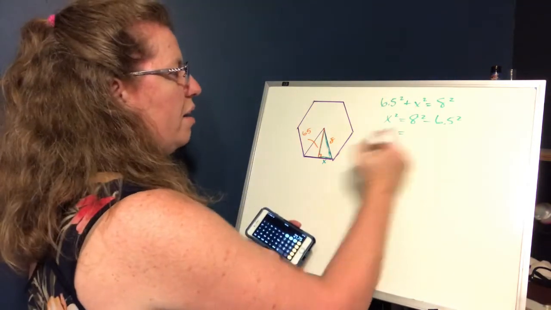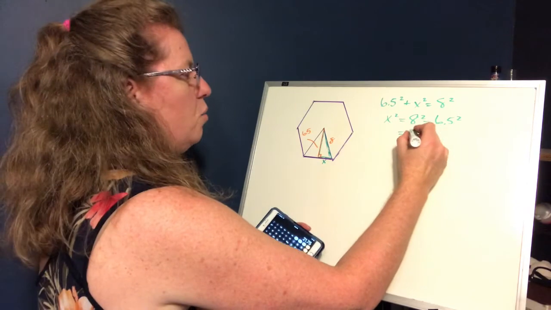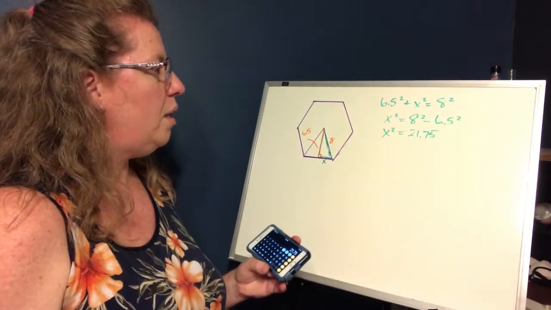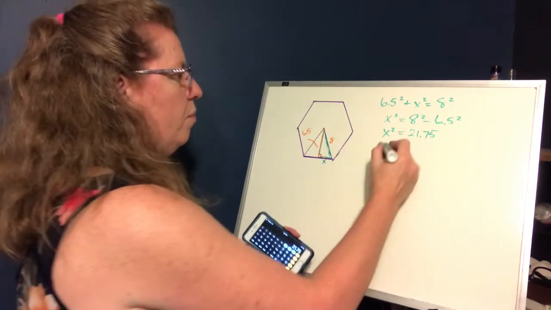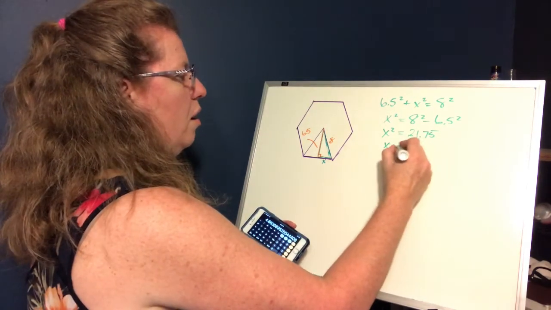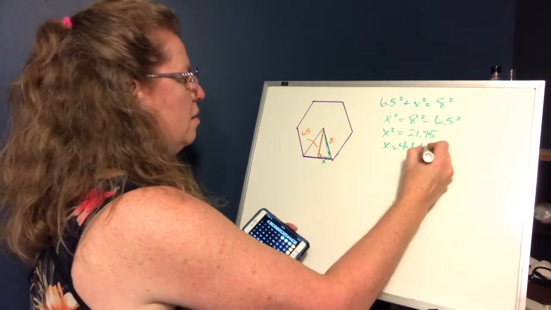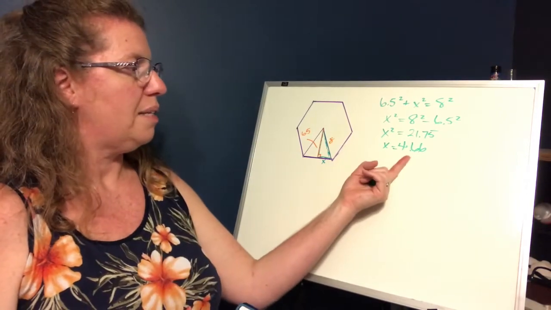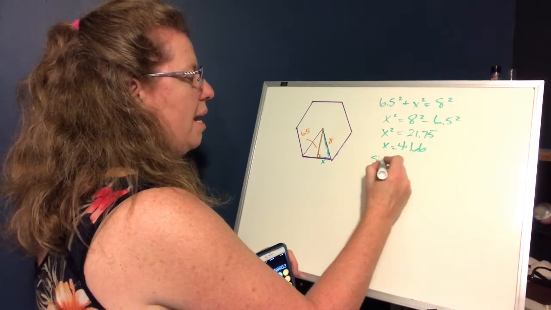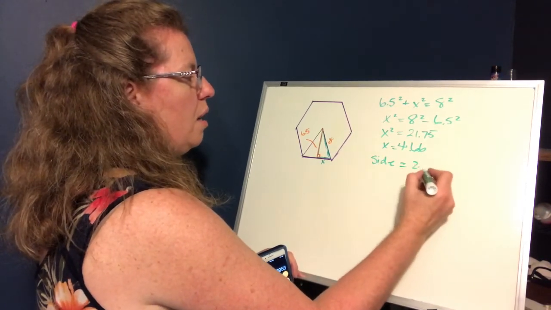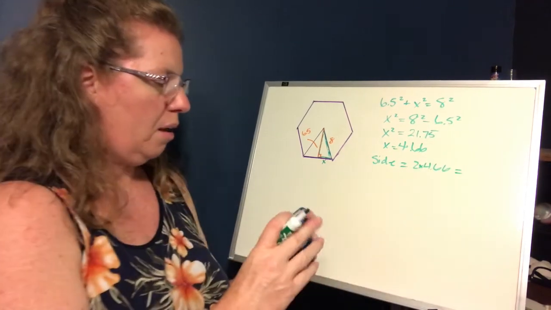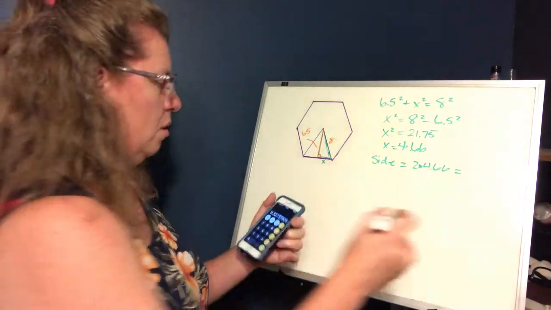21.75, actually I did this subtraction already, didn't I? 21.75 is my x squared, and then we need to find the square root. So our x is actually 4.66, okay? Now remember, that's only half of my side, so I'm going to go ahead and write this. My side actually is 2 times 4.66. It's better with the x. Alright, so times 2 is